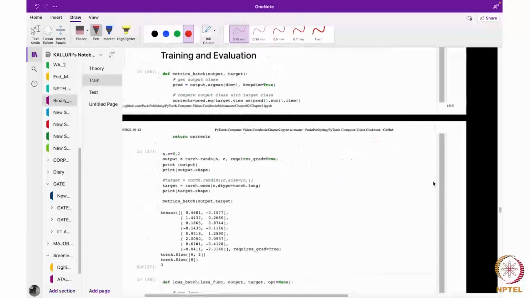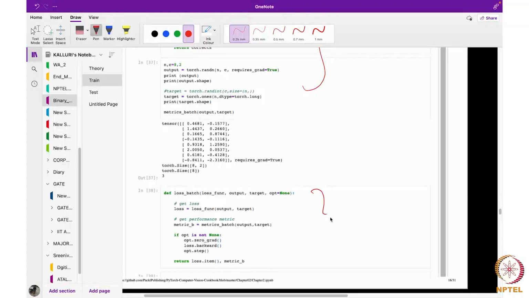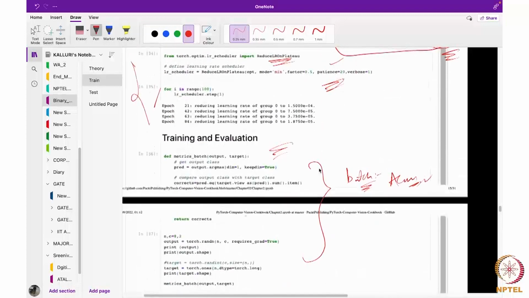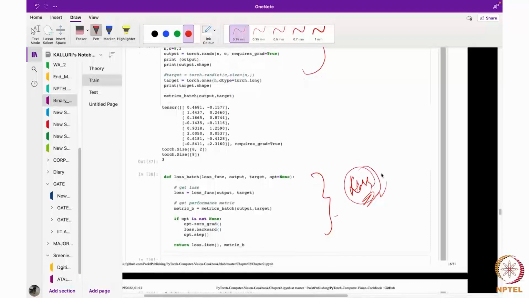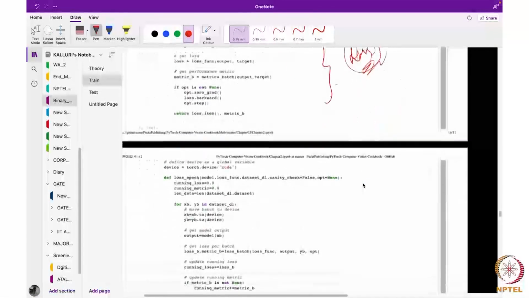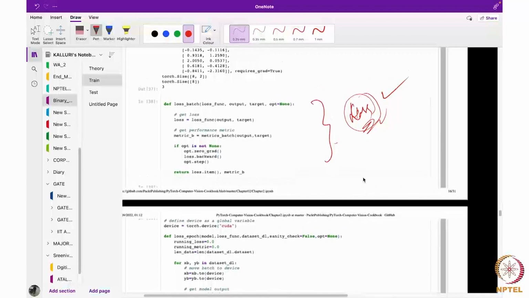Now coming back to training and evaluation. Here, as I told you, we made a function so that for every batch I will compute the accuracy metric. Similarly, for every batch, using this function, I will compute the loss. Using this function we obtain the accuracy of a single batch, and similarly we obtain the loss for the single batch. Once these two are done,